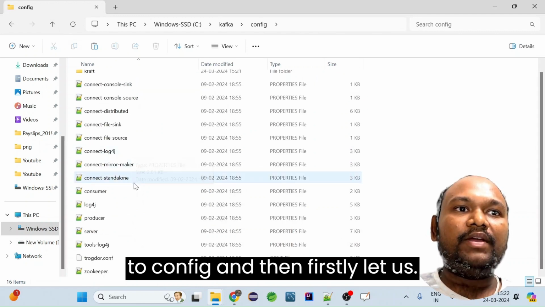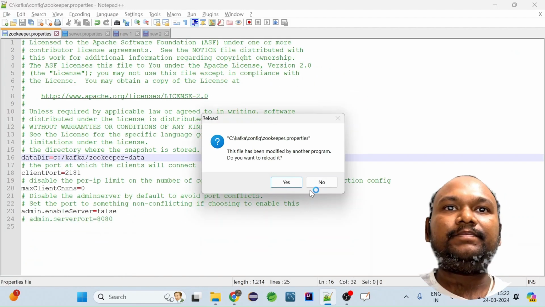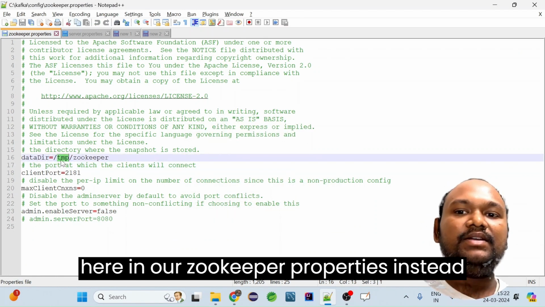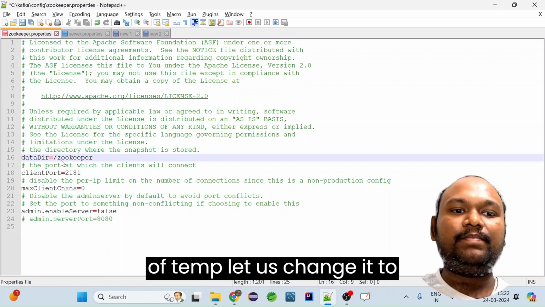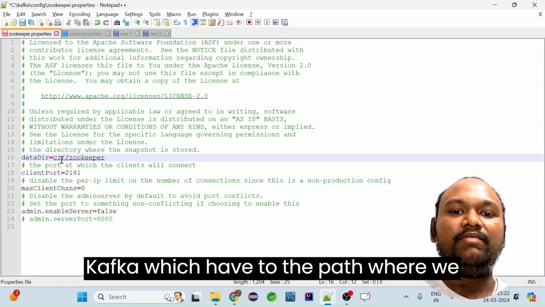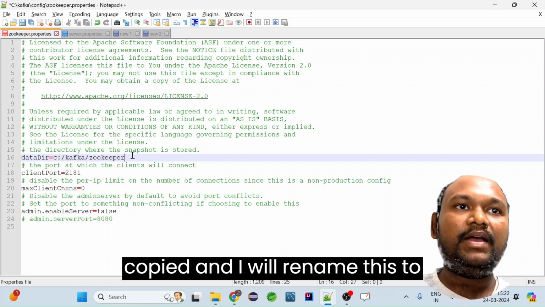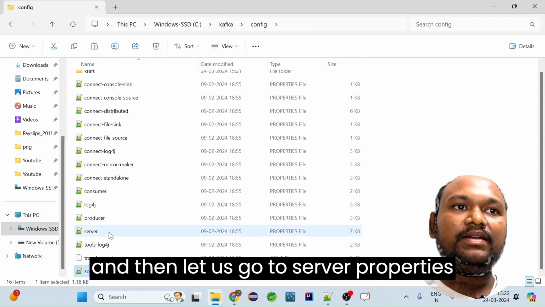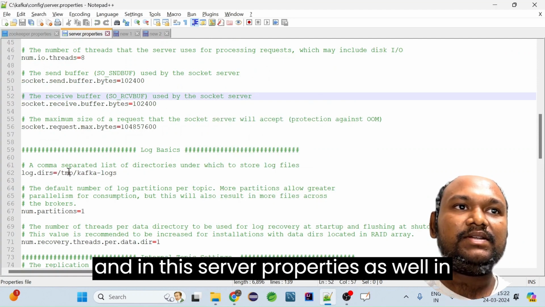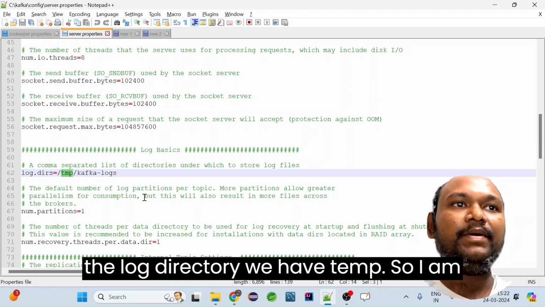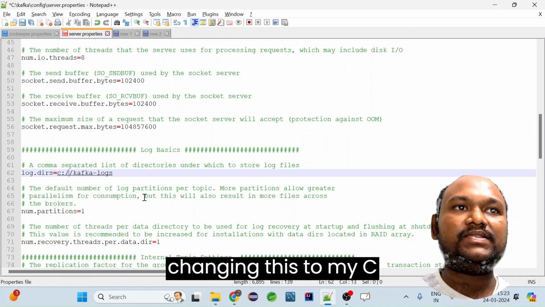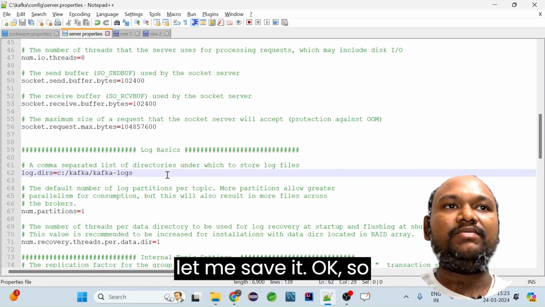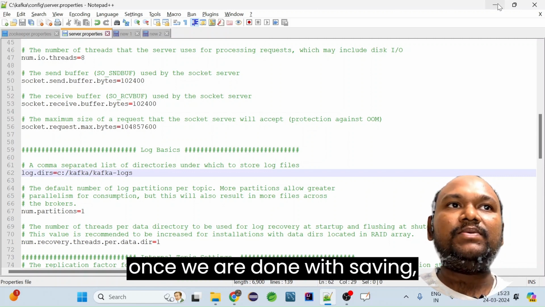So let's go to config, and firstly let's change the temp directory here in our zookeeper.properties. Instead of temp, let's change it to the Kafka path where we copied, and I'll rename this to zookeeper-data. Let me save it. And then let's go to server.properties, and in this server.properties as well, in the log directory we have temp. So I'm changing this to my C path where I have copied my Kafka, and let me save it. Okay, so once we are done with saving,